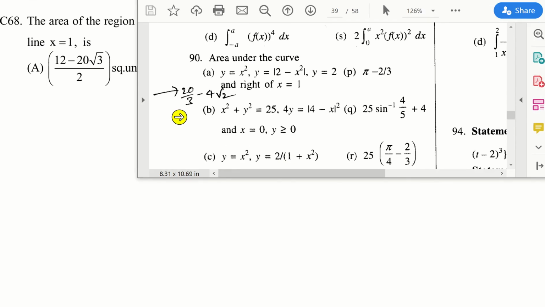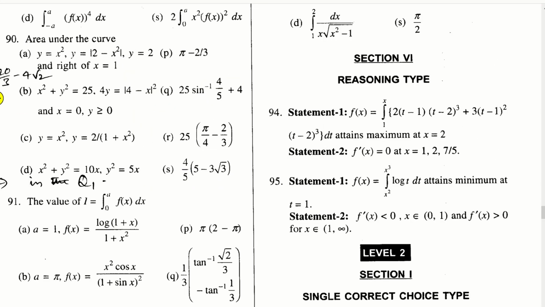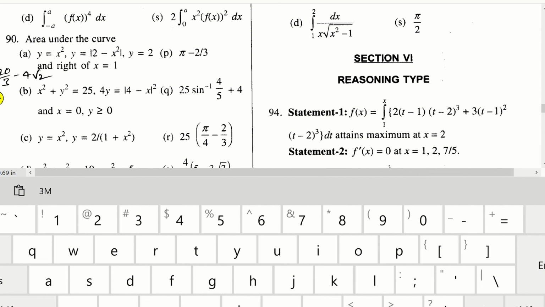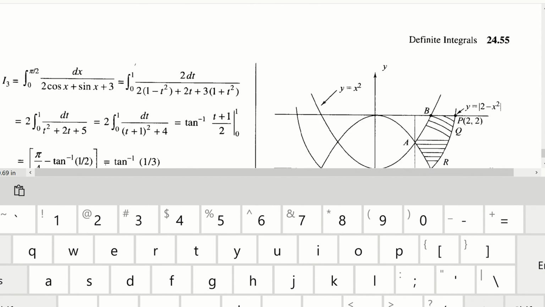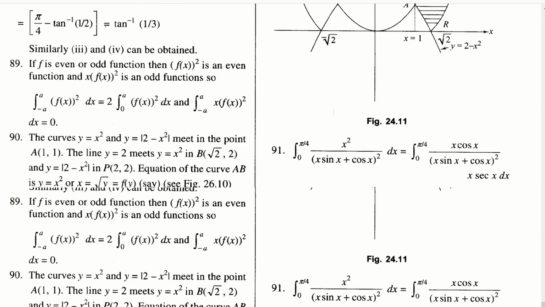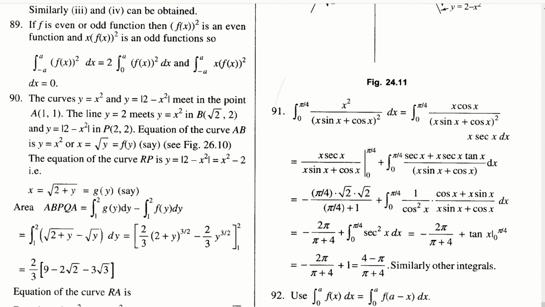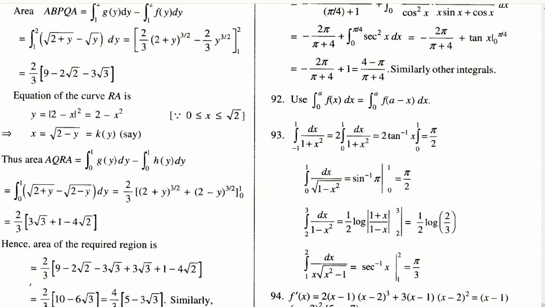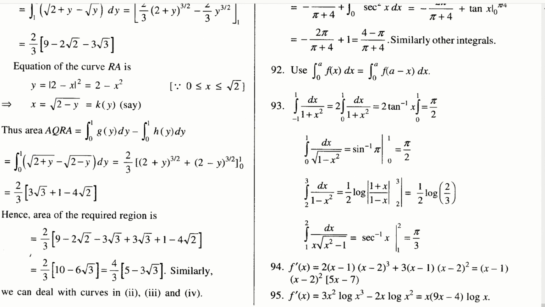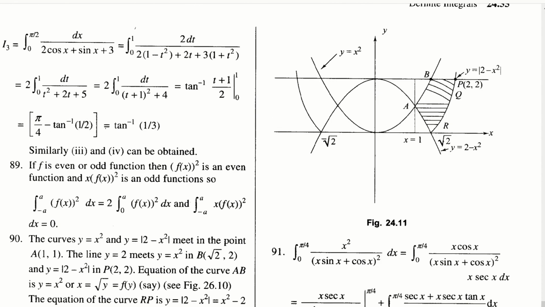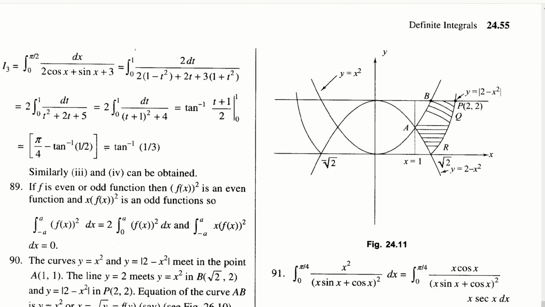Therefore, I am leaving it here. I want you to do it on your own. This problem 90, you see, he gave a very clear solution for this problem there. For 90, this is the diagram that you see over here, and he gave the solution there. If you're having any doubts, you can please WhatsApp me personally. Okay, so I'm leaving that problem there. Let's go to the next problem.